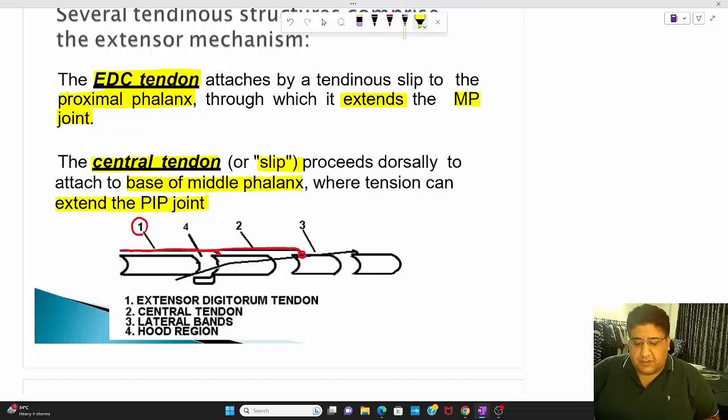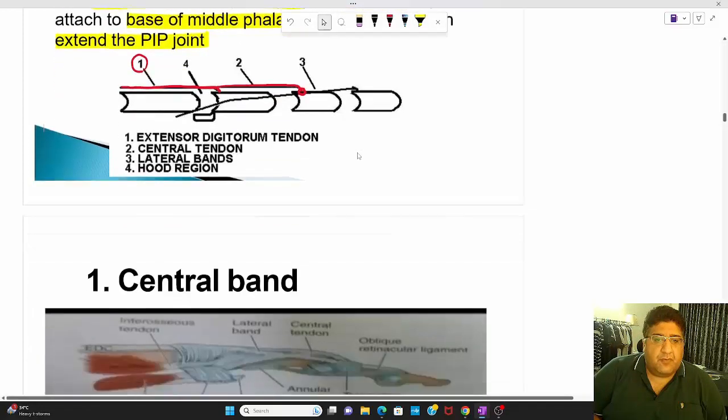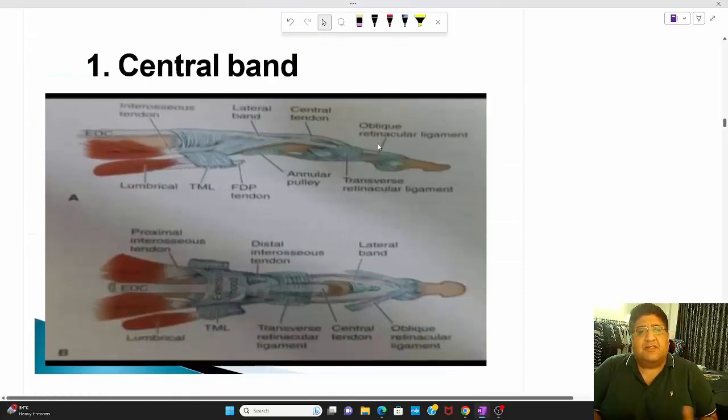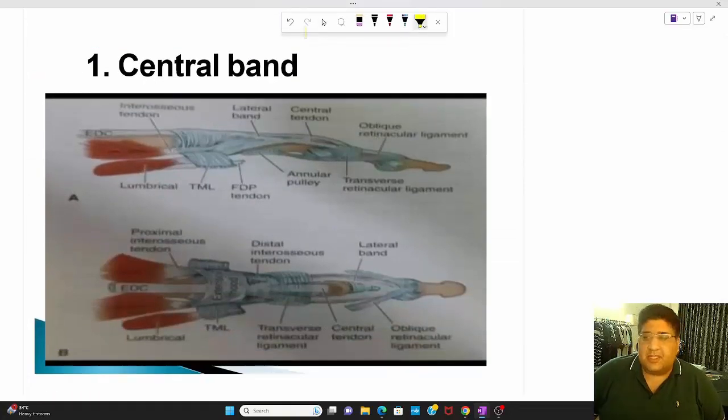Now I will just take you to the next slide. When I talk about the next slide, this is nothing but basically the central band. Okay, there is nothing else here. Here what I'm showing you is basically the central band. So this is the EDC tendon, which I'm sure you all can see, and it is going here in front of you. If you can see my dot, it is going over there, and then there is an extensor hood, and it goes and gets inserted onto what? Base of the proximal phalanx. Now from there it gives a central slip, which you can see goes onto the base of the middle phalanx.